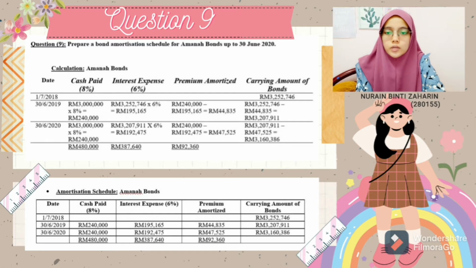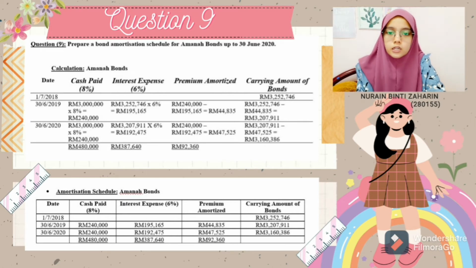Then the interest expenses now will be 192,475 ringgit after we multiply 6% with the current carrying amount of bonds on 30 June 2019, which is 3,207,911 ringgit. Then, to get the premium amortized, we need to minus the cash paid 8% on 30 June 2020 with interest expenses 6% on 30 June 2020. We will get the amount is